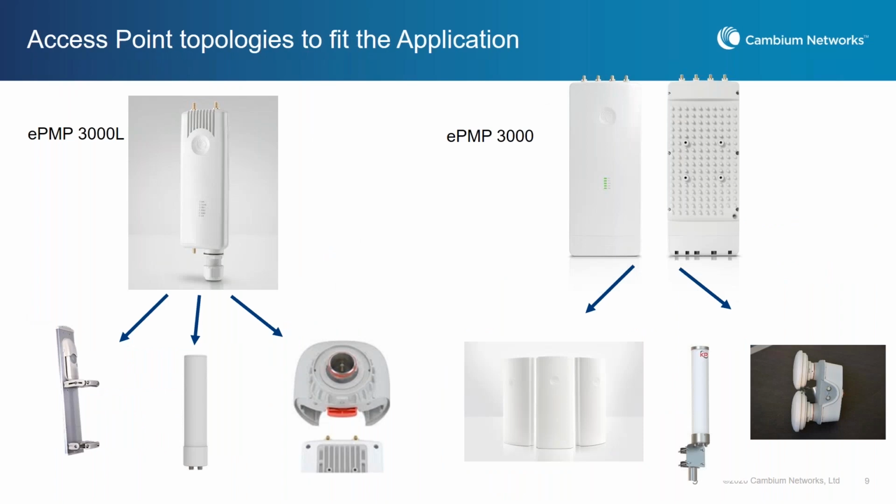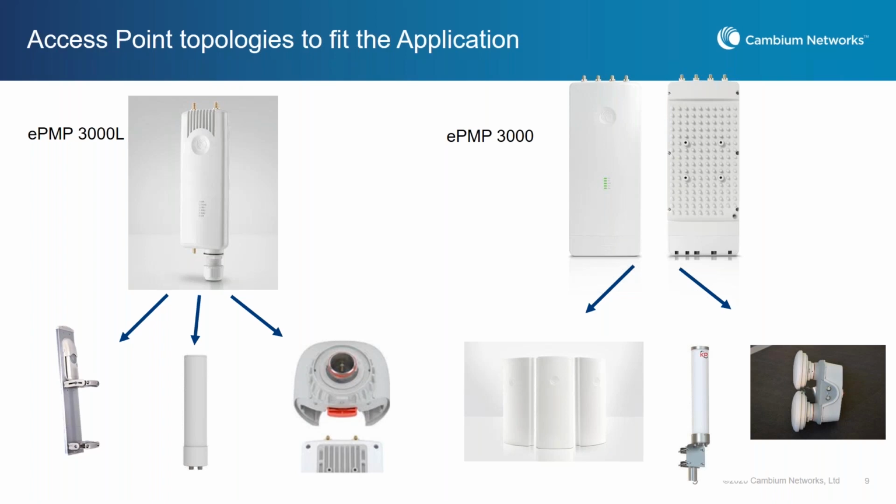Now, when you look to expand the network with the 3000L, we have 3 options. There's the 90-degree sector antenna, which is available from Cambium. There are many 2x2 Omni options out there in the market. Cambium does not provide one of those, but you can certainly get access to those. And then similarly, that 3000L is compatible with the RF Elements twist port adapter, allowing you to interface that to any number of horn antenna options.